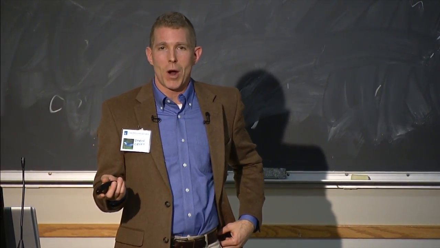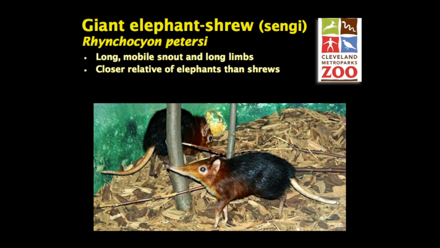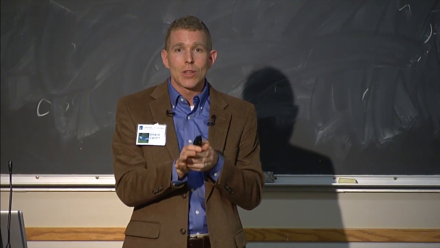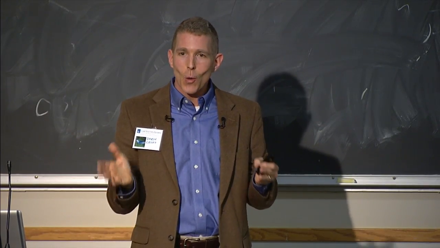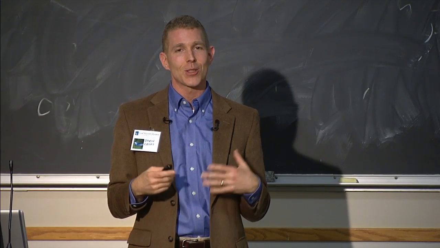What I think is quite ironic is it turns out that these are closer relatives of elephants than they are of shrews. These belong in that superordinal group Afrotheria, which includes elephants, sea cows, hyraxes, tenrecs, and the elephant shrews. They are placed in their own family, Macroscelididae, and in their own order, Macroscelidea. So just like with the tree shrews, this is a whole separate branch of the placental family tree. And there are only 21 branches. So being able to see these 2 separate branches right next to one another, I think is really pretty cool.